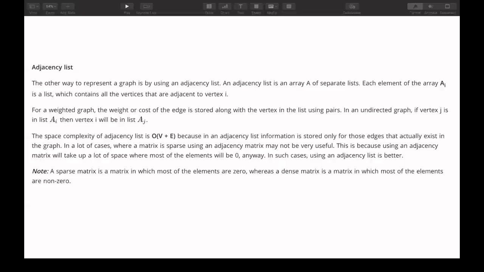So here also, in the worst case, my space complexity can go to O of V square, but generally we don't see such graphs. It is very rare to find completely connected graphs in which there is an edge between each and every node. Considering that, adjacency lists are actually memory or space efficient.